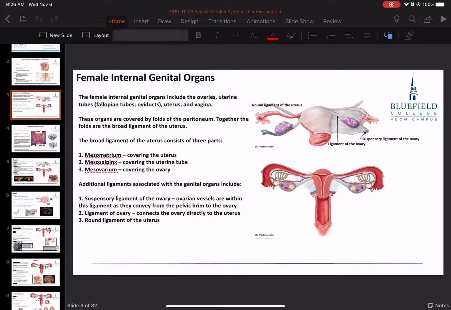So we see it here where it's intact, so it would be coming from the abdomen down into the pelvis and meeting up with the ovary. Here, on this side, it's been dissected a little bit, so the